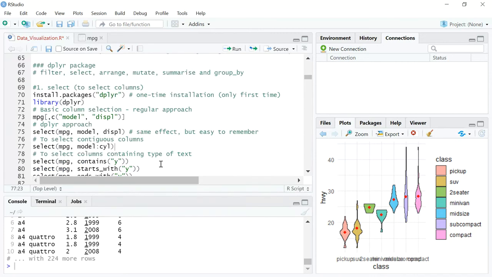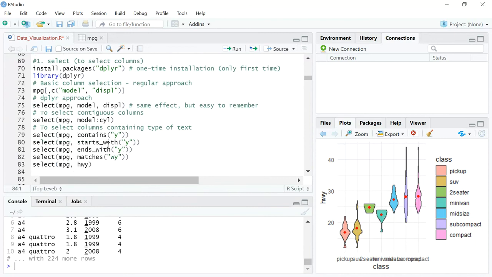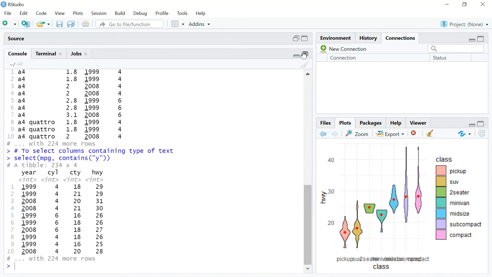Now let's say you want to select columns with certain regular expressions. For example, let's say the column name starts with Y. Let's say you've got an Excel sheet or a table with 50, 60 different columns, and it's very difficult for you to scroll and identify which columns you want. But you know that certain aspects of the columns are common. So you can actually say contains Y, and then only the columns with Y will be populated.